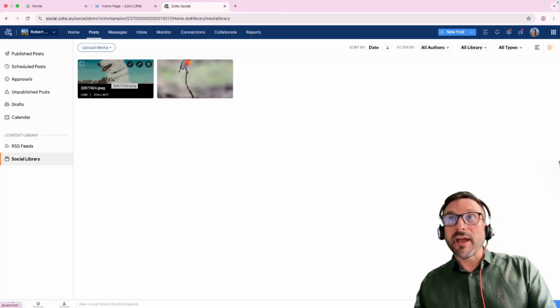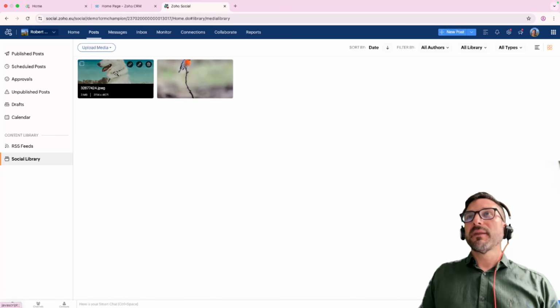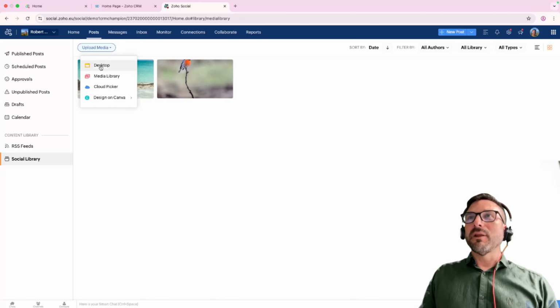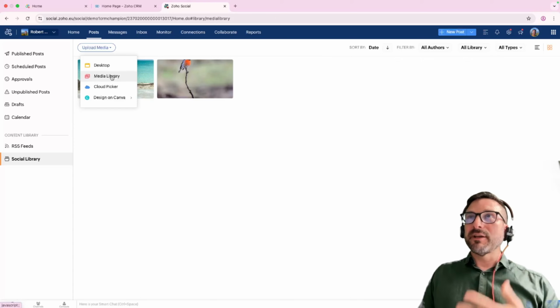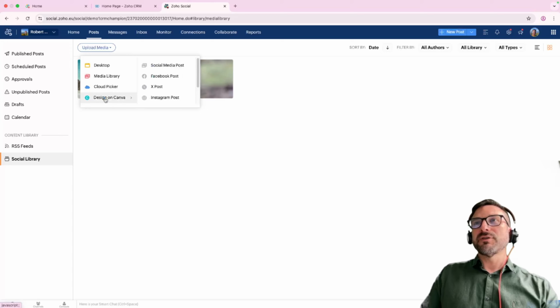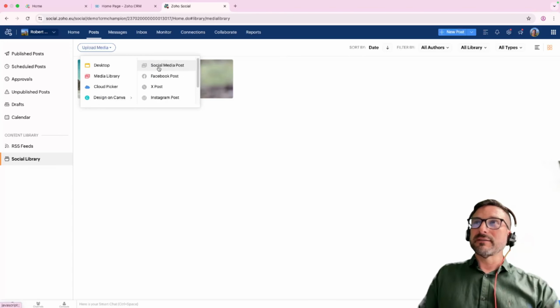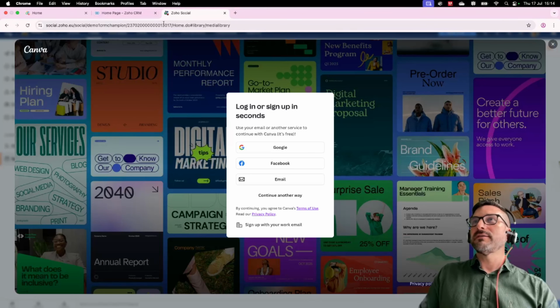every post that we create, every piece of media that we create within here or add to the system will be stored in here. And we can also add more. You can upload from your desktop from this media library. So essentially, you can upload it to posts from here. It also has the option to design on Canva, so you can link a Canva account, and then you can basically go into it. It's going to ask me to log in, but